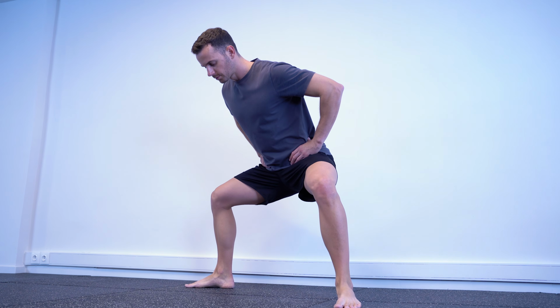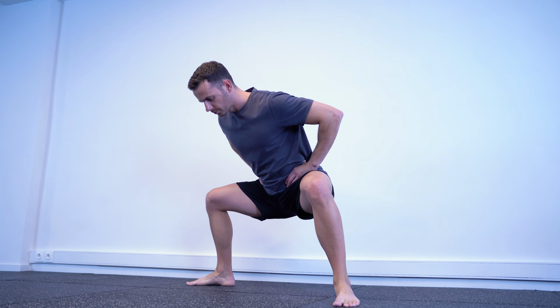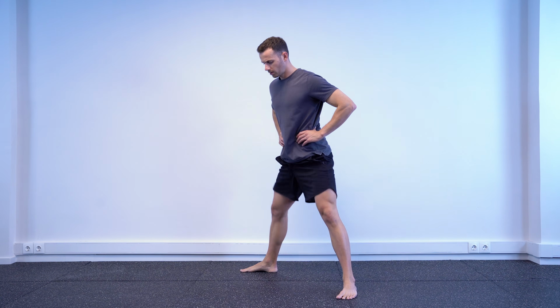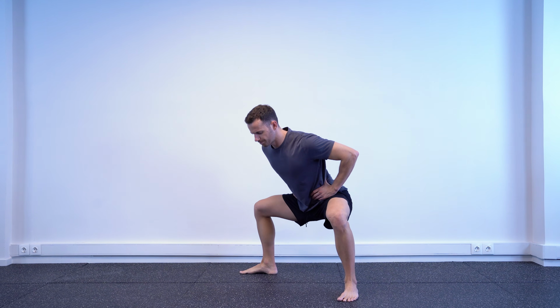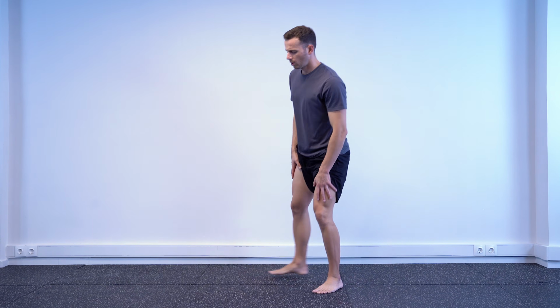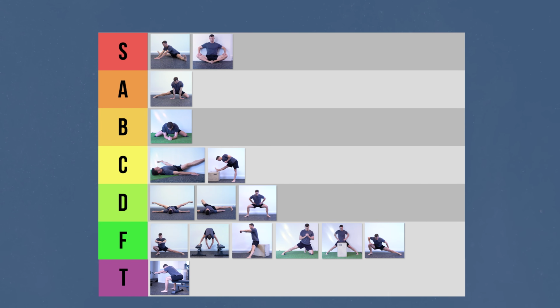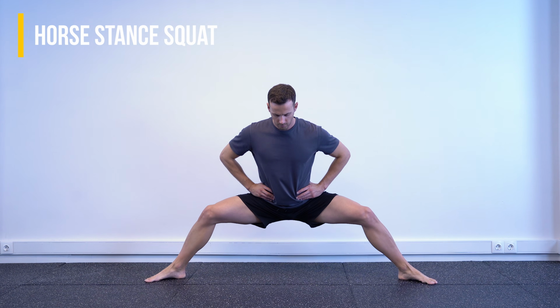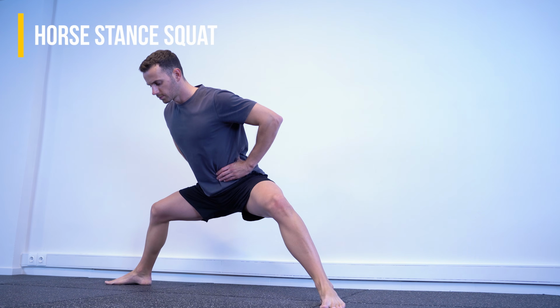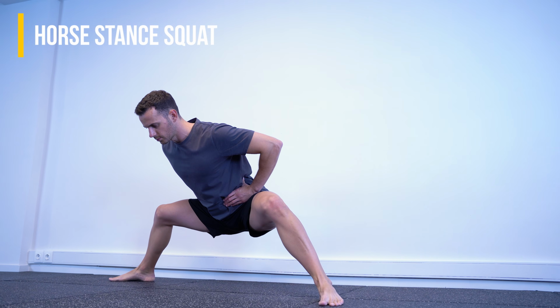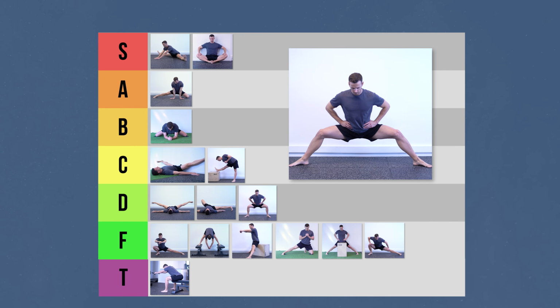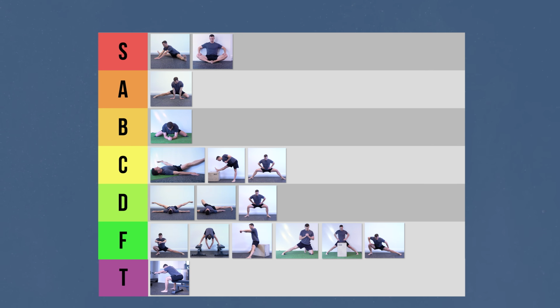The methods you can utilize are only two, the contraction active range hold and the active dynamic. Another downside is the fatigue on the quadriceps, which is a limiting factor of this exercise. Compared to the other options, it ranks in the D tier. Its wider stance version, the horse stance squat, also targets the long adductors, offering better activation. However, all the rest remains the same, so it rightfully goes slightly above the sumo, in the C tier.